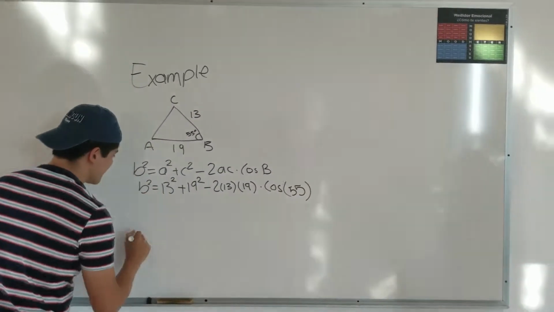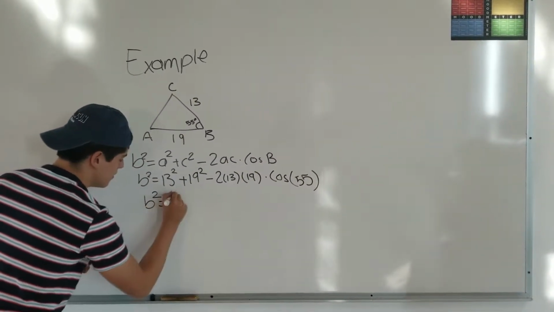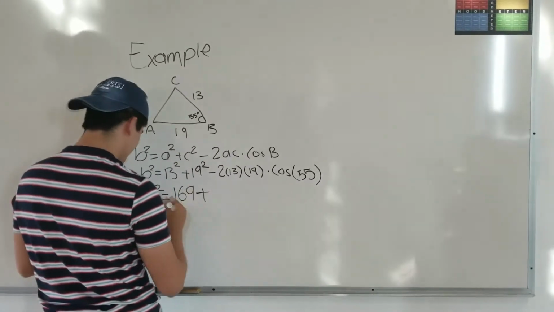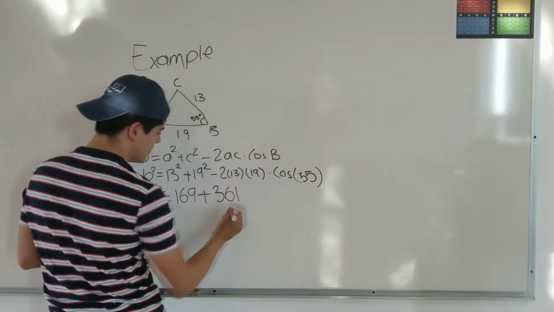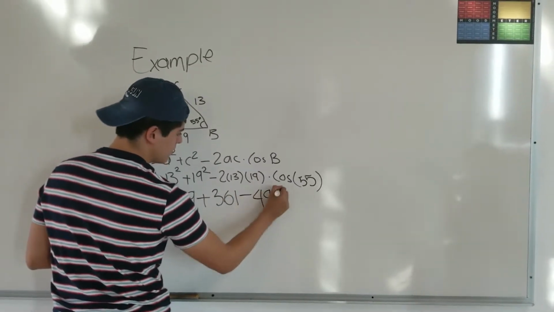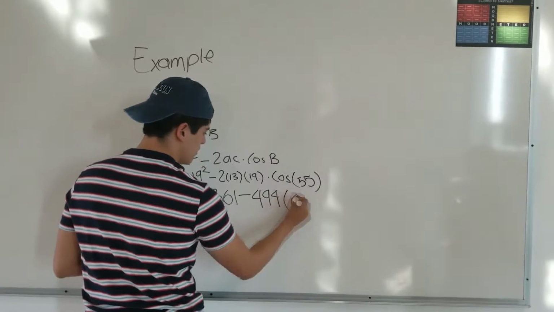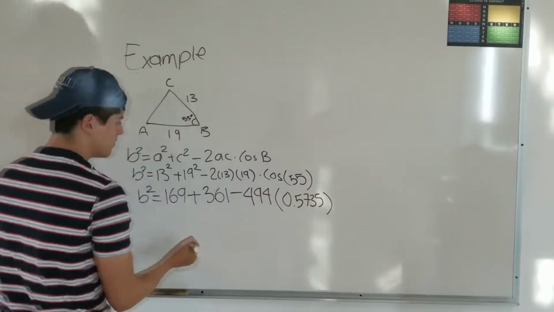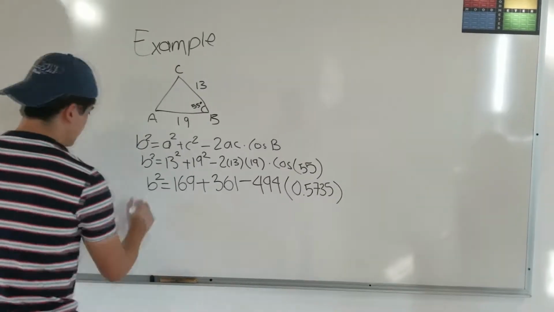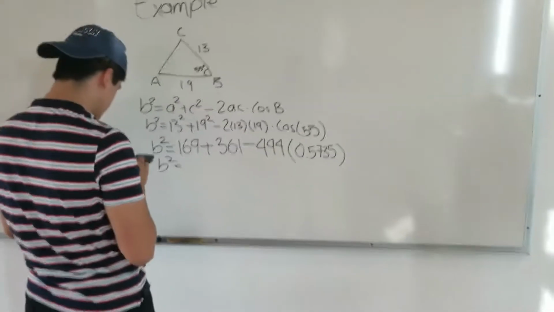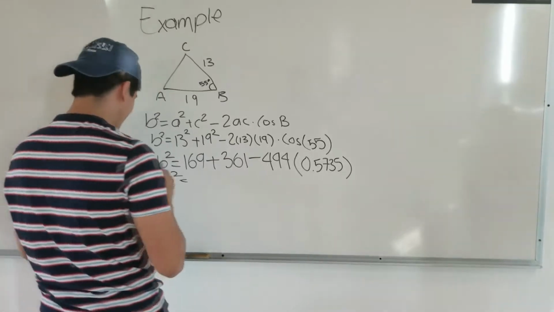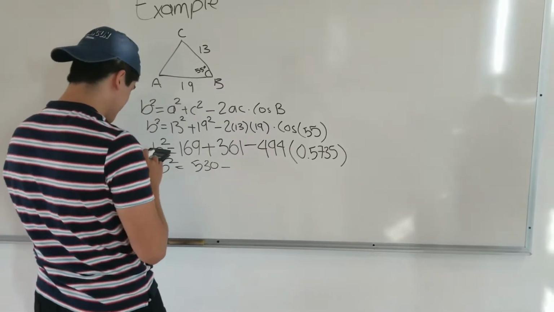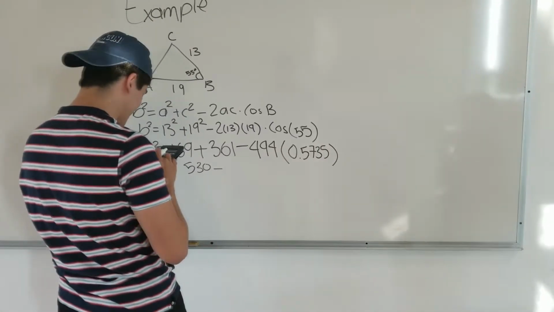So then we will do the adding up, and we will see that we have 169 plus 361 minus 494 times 0.5735. So then we would just keep adding up the numbers and multiplying them before doing the minus. So it will be 530 minus